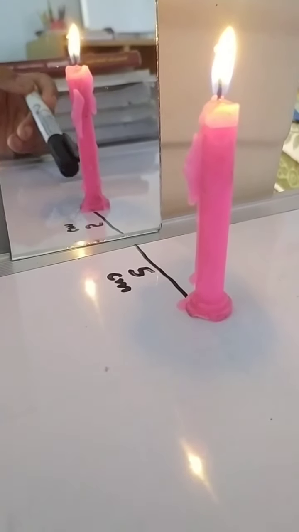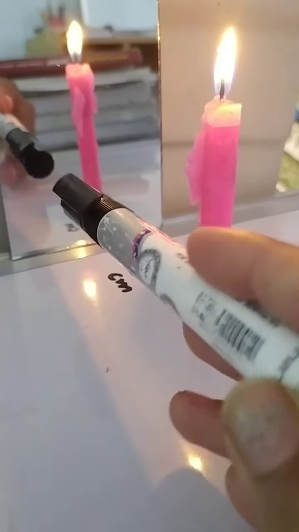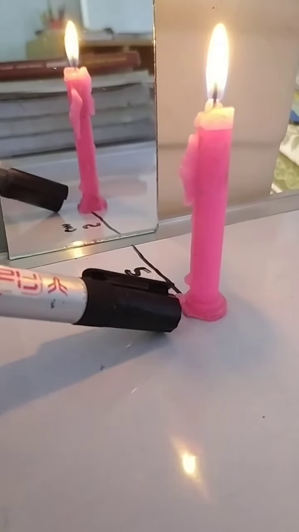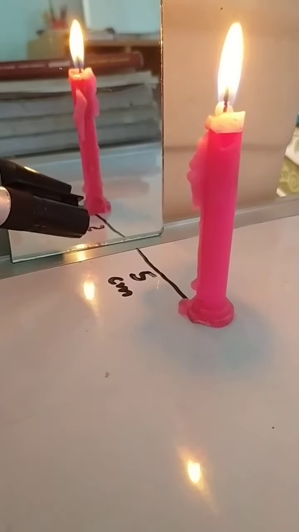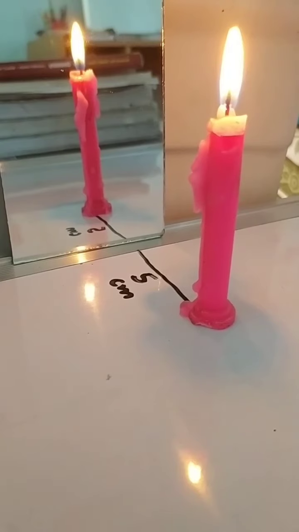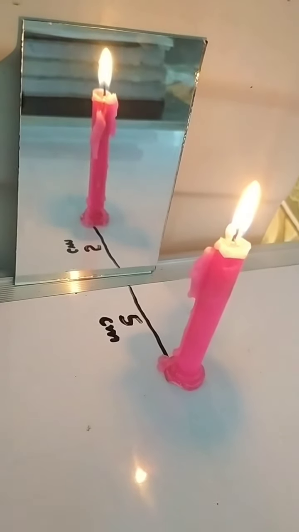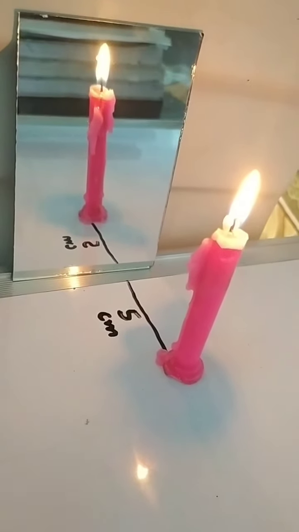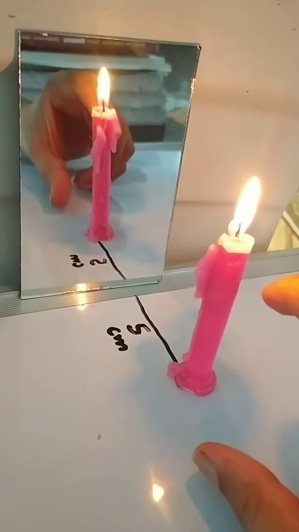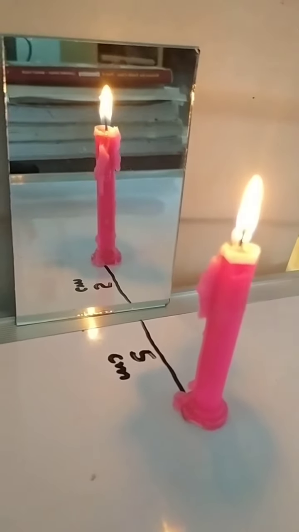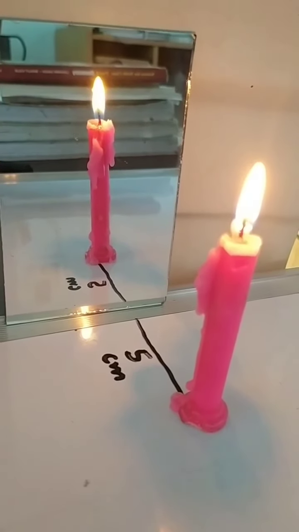Secondly, we can check the distance between the object and the mirror and the image that has formed behind the mirror. As the distance between candle and mirror is 5 centimeter, we can clearly see that behind the mirror at 5 centimeter the image has formed. So in the next property we can check the size of the object and that of the image that has formed. As much size of object we have taken, the same size of image has formed in the mirror. So size of image and object is nearly the same.